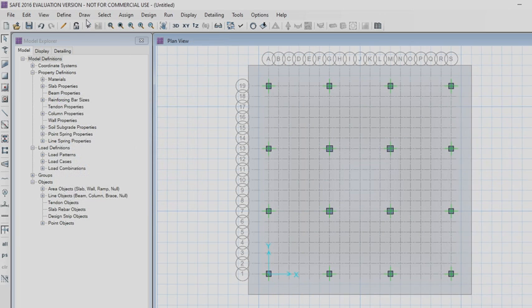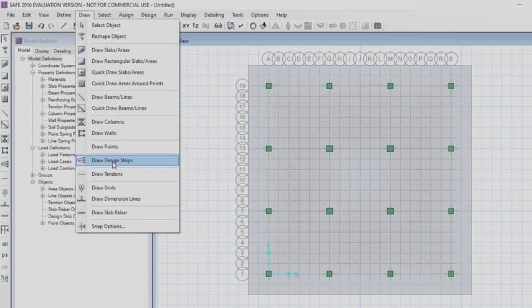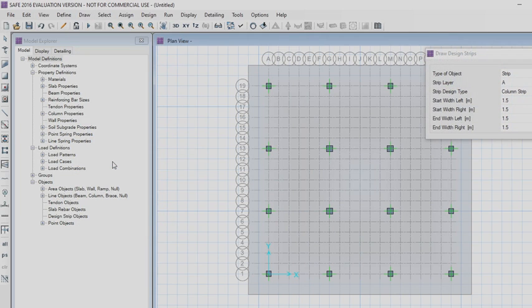Now go to draw menu and select draw design strips. The strip width left and strip width right are 4 meters. Strip width is 4 meters.